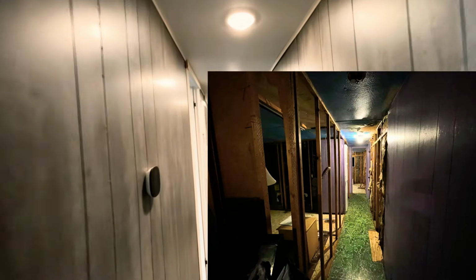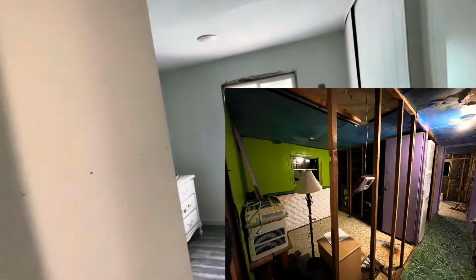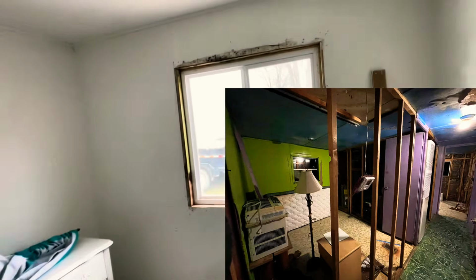So moving on, go down the hallway. This roof I replaced. It's drywall all along there. And then this room, also the ceiling is new. This, I'm currently working on